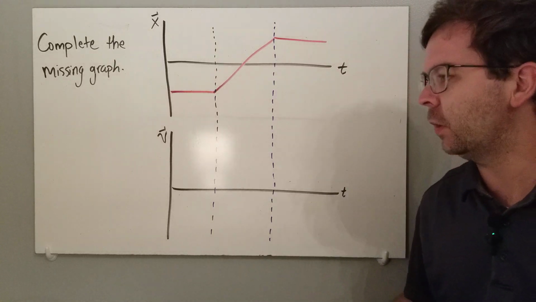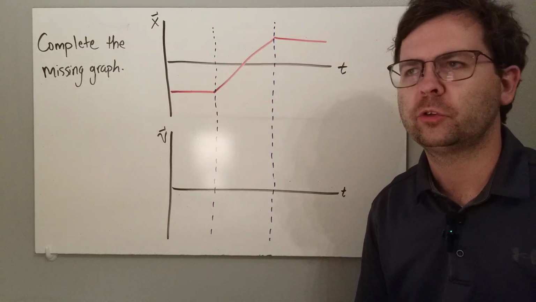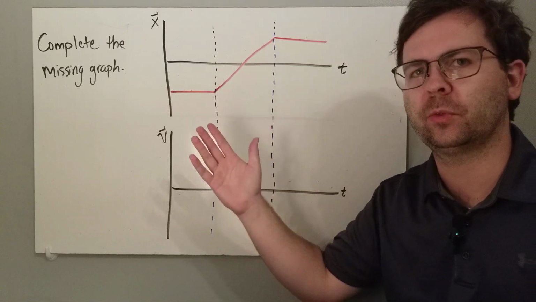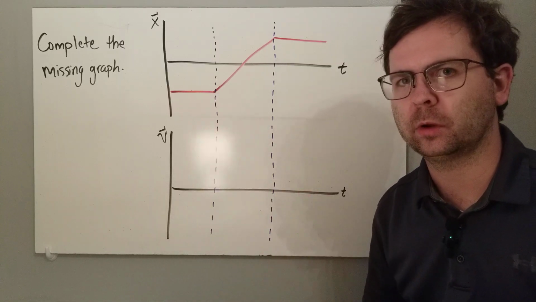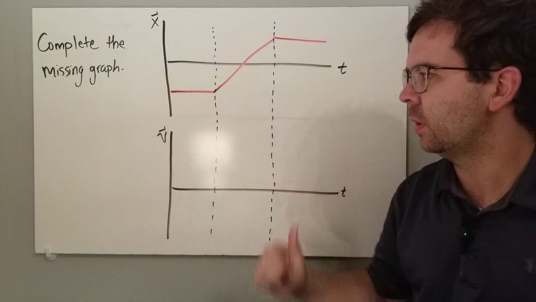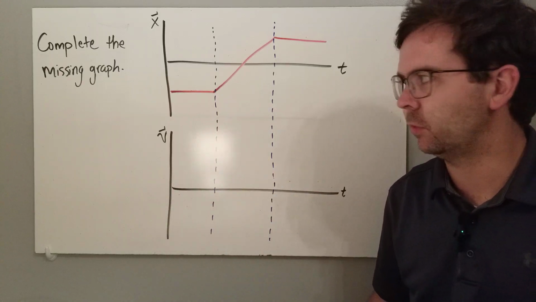Hi, in this video I want to show you how to translate between position and velocity graphs. If you know what one graph looks like, can you make the other graph? So let's start with a position versus time graph, and let's try to make the velocity versus time graph that